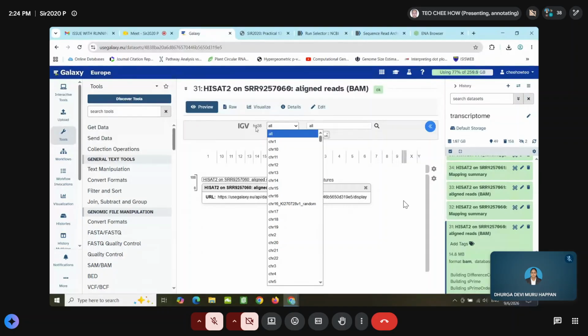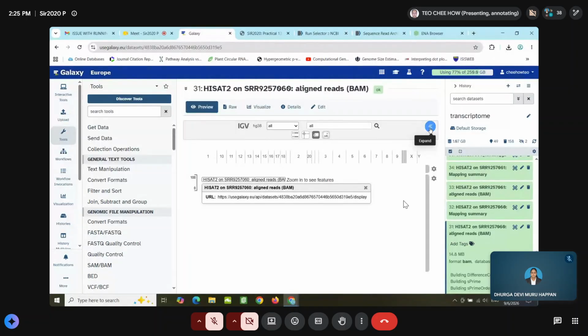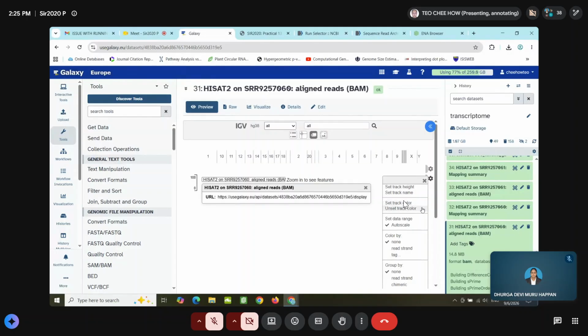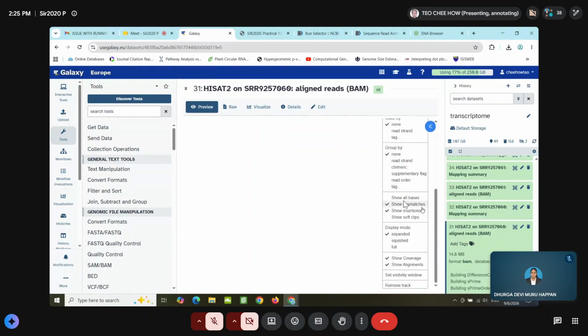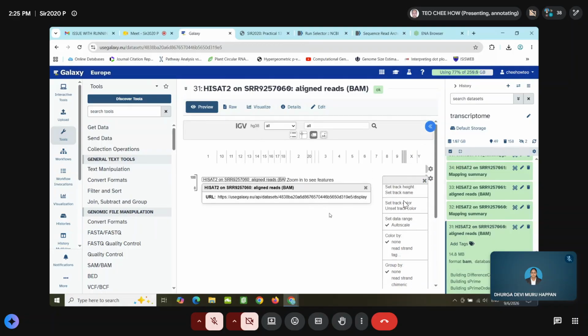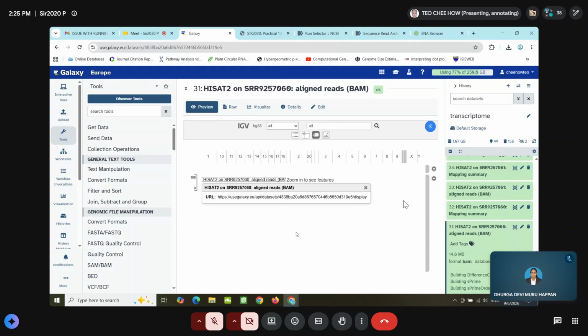So in that case, I have to change the reference genome on this one. You can change the reference genome here. So this one is IGV. Basically, you can use the IGV installed on your computer to open this file.